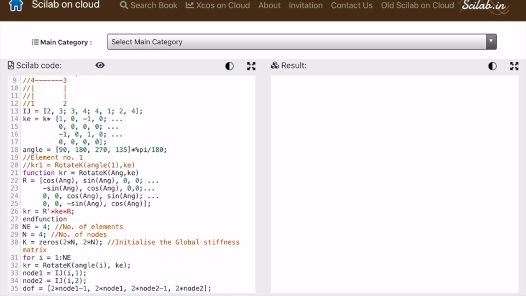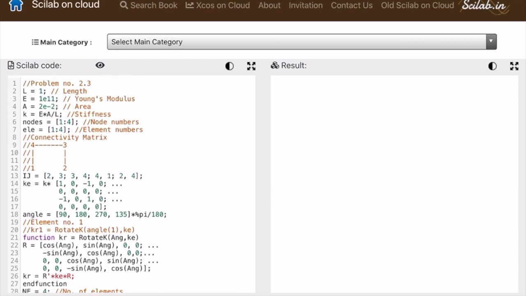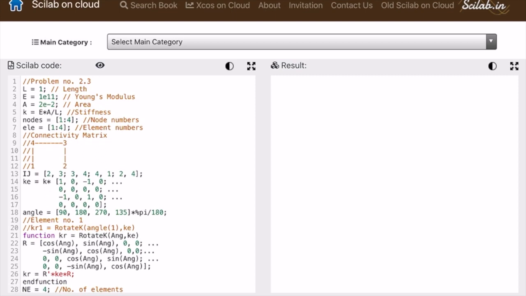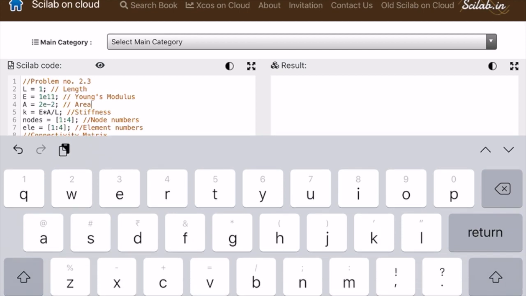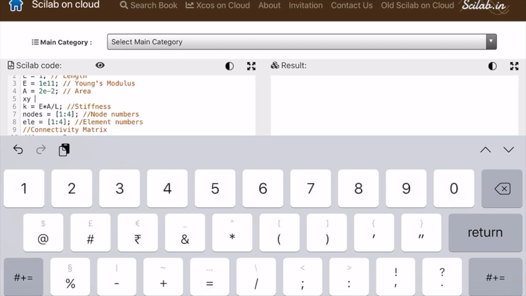So we can write differently, so we can now program in such a way that this can be used for any truss problem. So what we will do is instead of writing just L, we can also enter the xy. xy meaning that we can enter the coordinates, and from there we can find out the length. So we can say xy, which is the coordinates, is equal to